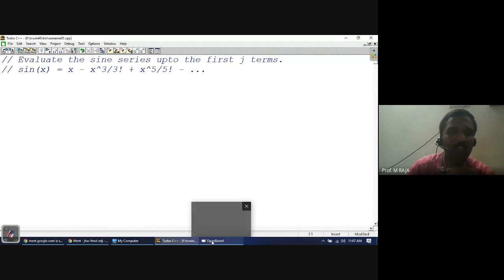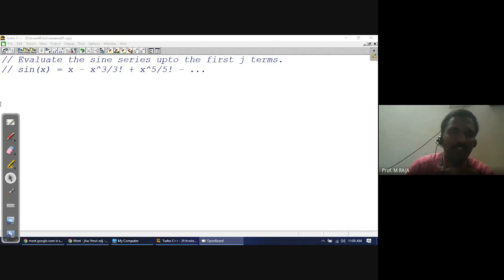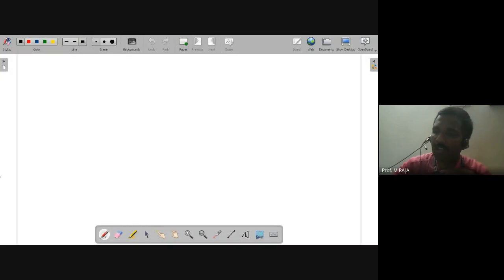So sin x is equal to x minus x power 3 by 3 factorial plus x power 5 by 5 factorial. What is x? Is x in